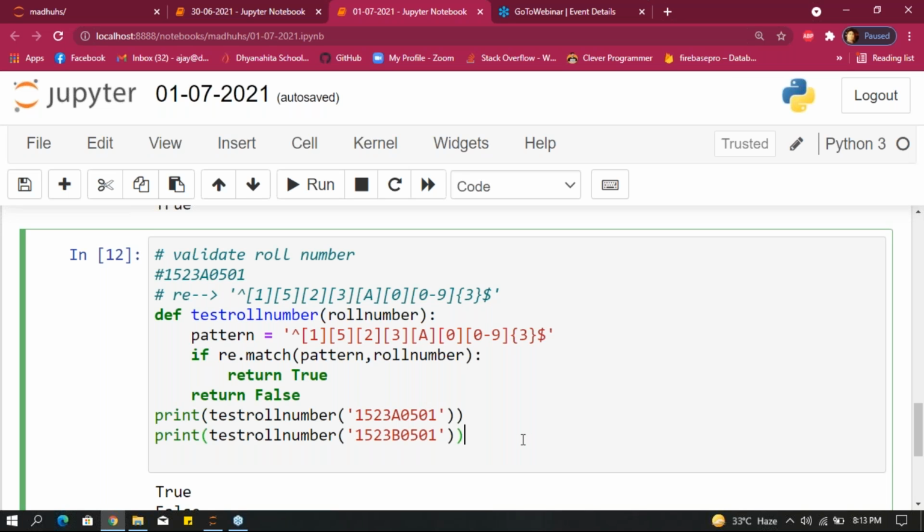And we have one more example: how to validate email ID. We'll discuss that example. So complete this and we'll check how to validate email IDs. Okay, please complete this.